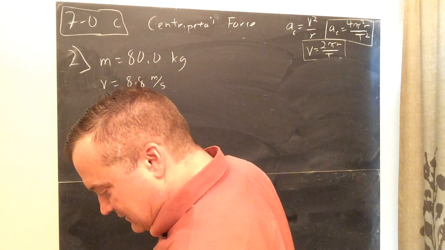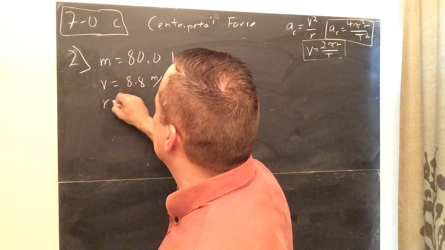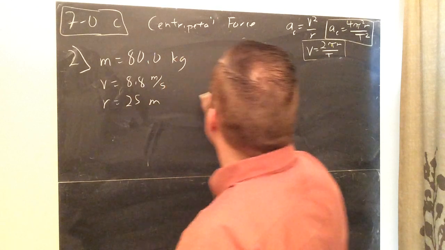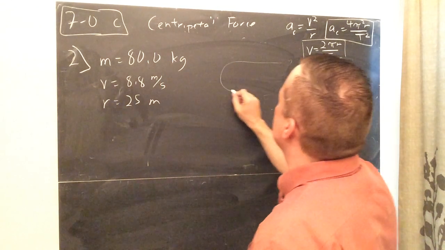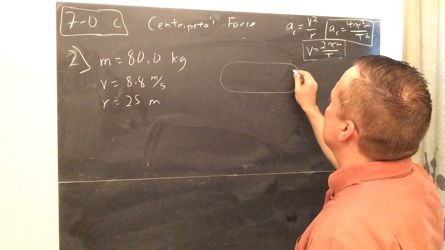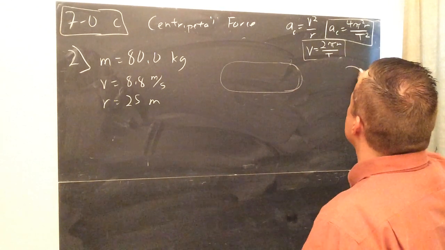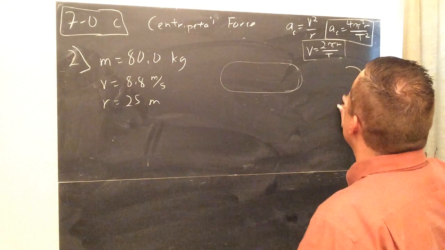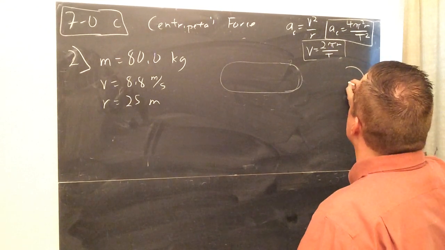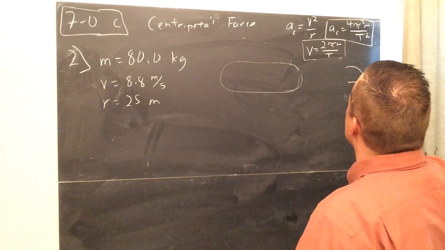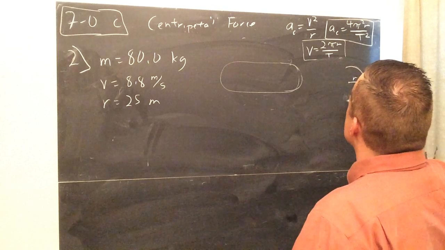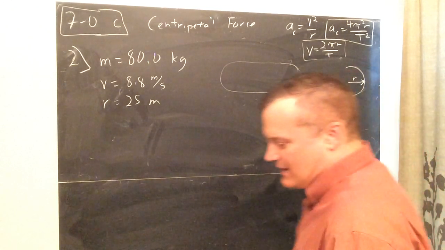Rounds a bend with a radius of 25 meters. So what we're doing, even though they're probably on a track like that, all we care about is the end part of the track. Let's say you go around a circle, you're pretending that's like, what's the radius of that circle right there? That's the radius, and he runs around that. And during that period, we can apply